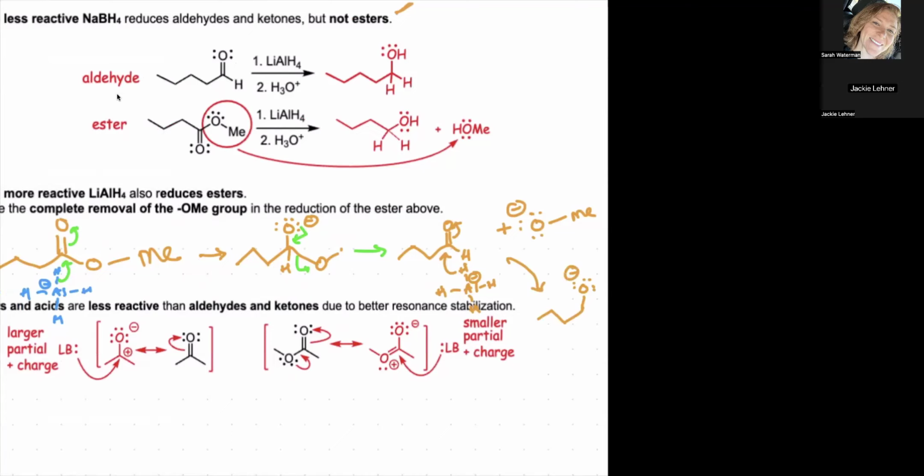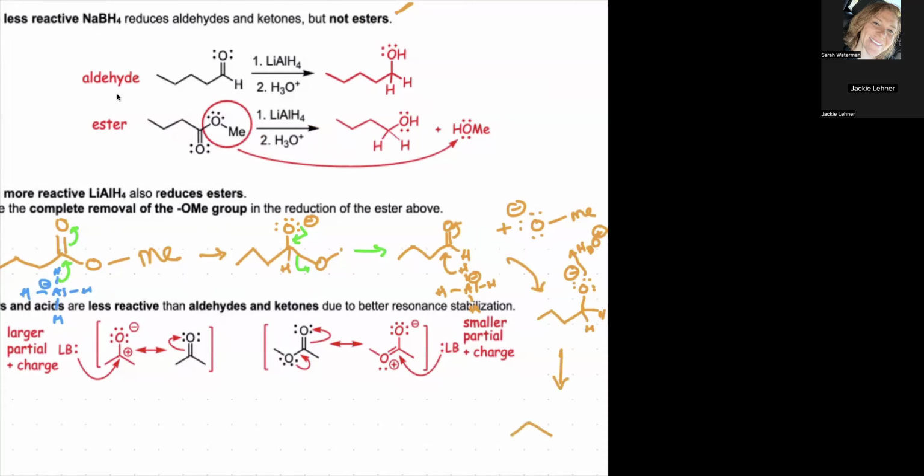Over here like this, and now we have our 2 hydrogens, right? So these are now the 2 hydrogens that have been added, and then remember we have our acid workup, right? So what happens is H3O plus, I'm not going to draw it out because I don't have room, but it'll peel a hydrogen off of there,